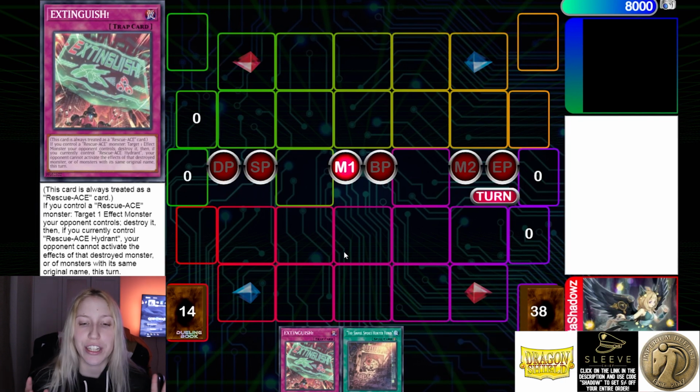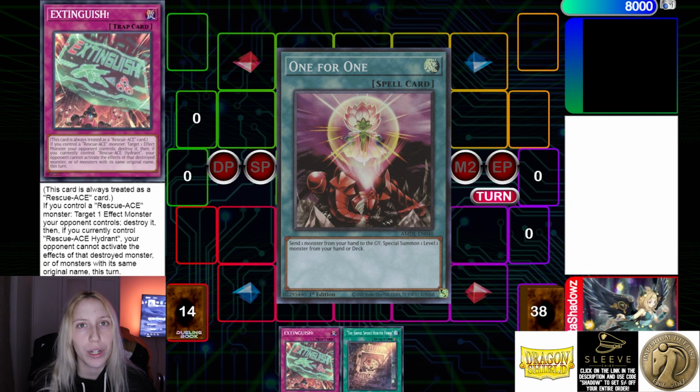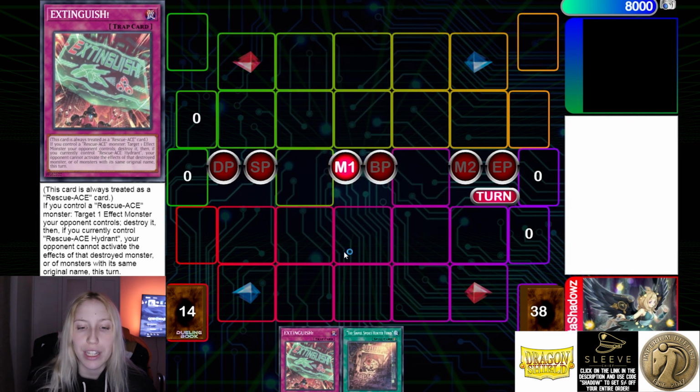And as for the first thing, I already mentioned in yesterday's video that you can search the Rescue Ace Hydrant, therefore you are able to access it very consistently, and it's not just a 1-for-1 like it will be since Fire Hydrant is a level 1 monster. But for this package, in order to get to it, you actually just need to pitch one card, and it's not just limited to only being a monster. You can pitch a lot of different things, and it's always great to be able to look up these OCG